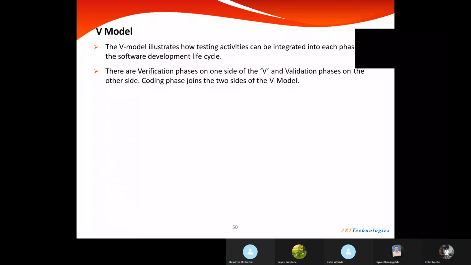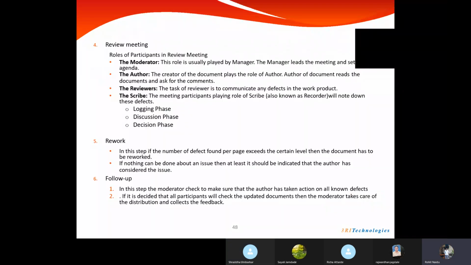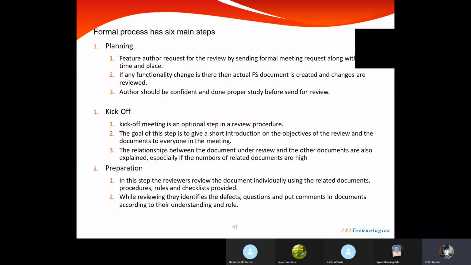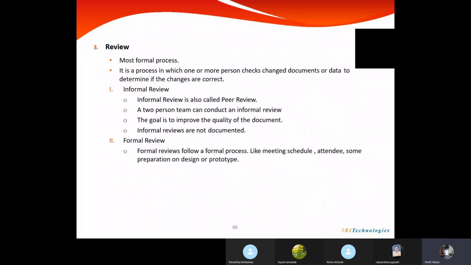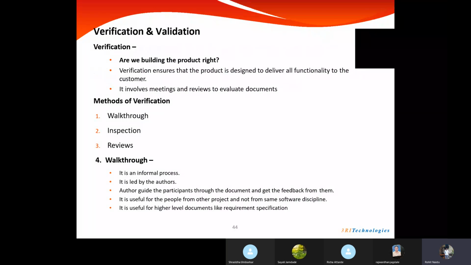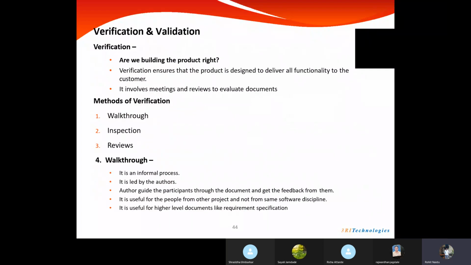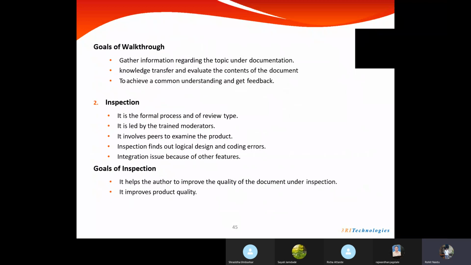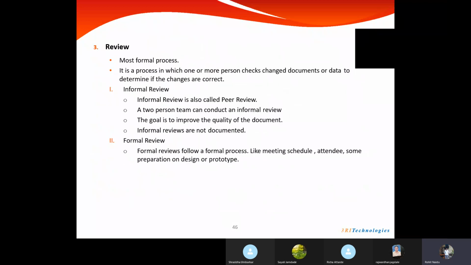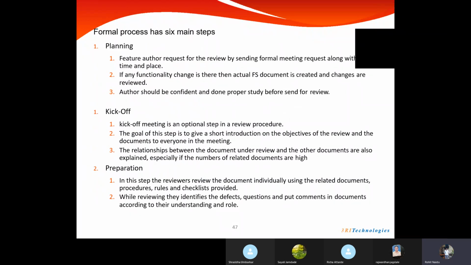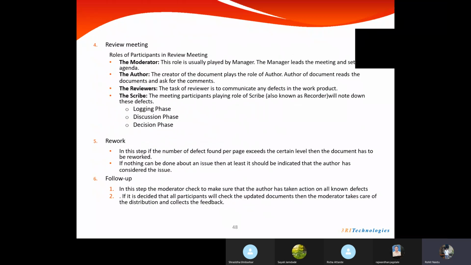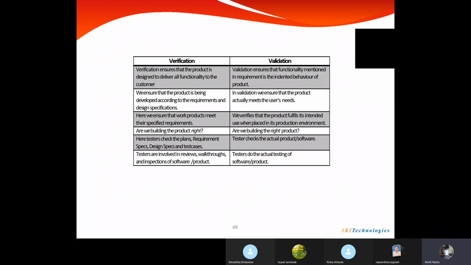Okay. So in the previous class on Wednesday, I think we have seen the different stages that are involved in the review process. Review process is nothing but a kind of static testing, where we go through the documents, analyze the errors or defects or any changes needed in the document, and we have seen different stages, what happens in the formal review meeting, and how each stage goes, and who all are involved in the review meeting. All those things we have covered in the previous session.